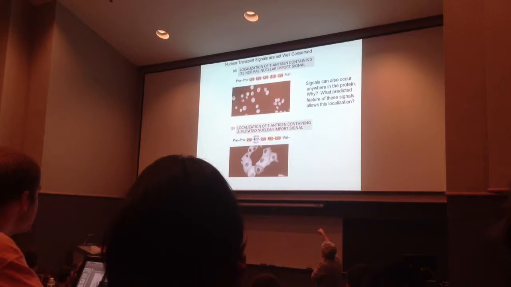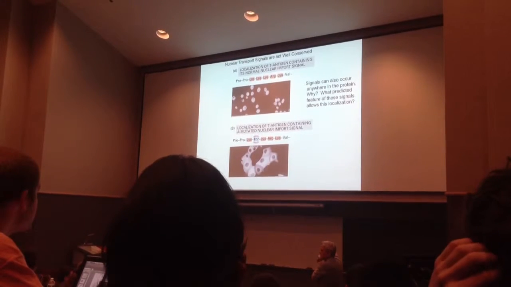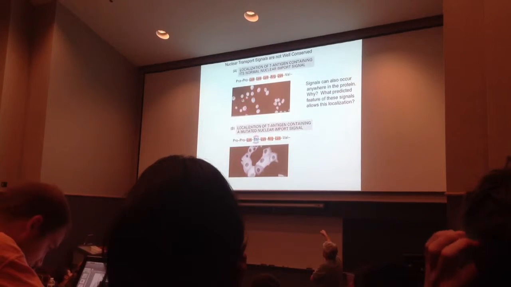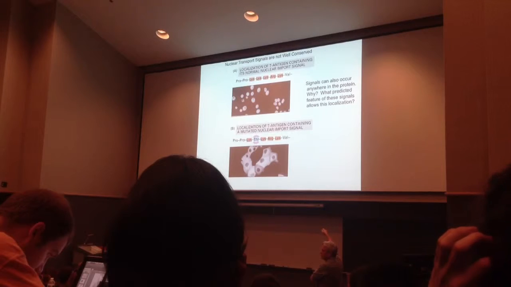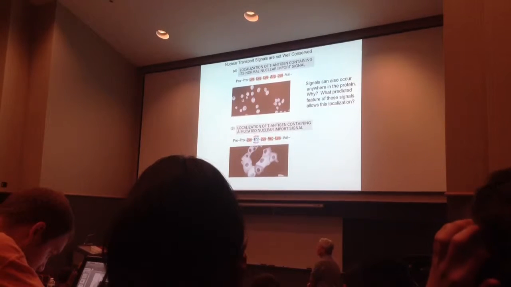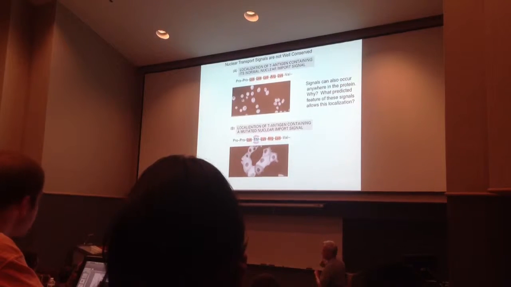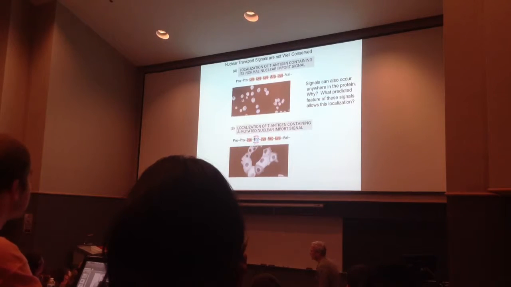These are all nuclei. What are the little dark dots in here? Those are the nucleoli we talked about, where our ribosomal RNA synthesis is going on. But those are the nuclei, and if you express the large T antigen of SV40 in a mammalian cell, this is probably a glial cell, this experiment's old, what you find is that it's transported into the nucleus. And the reason is that it has a sequence